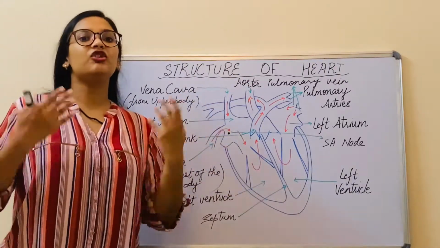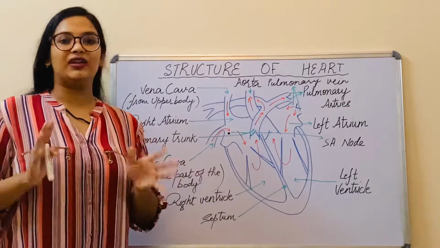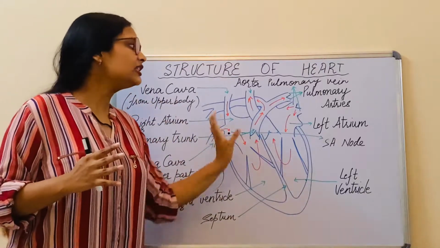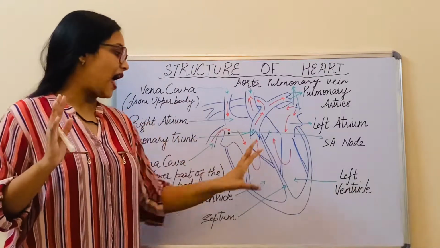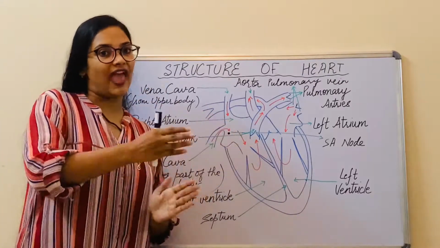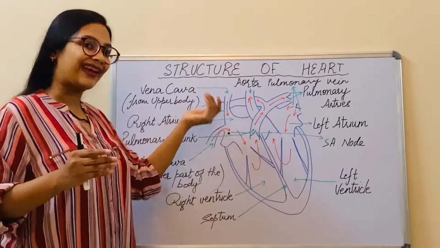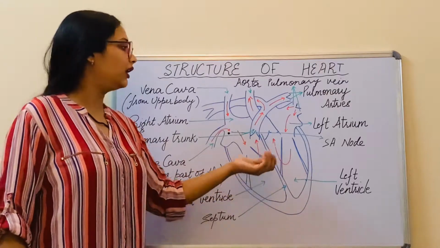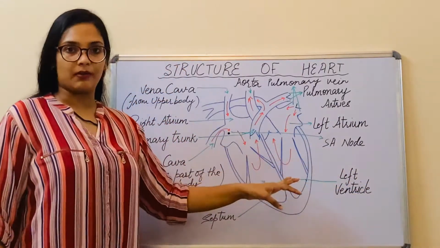So, as we know, the human heart is a 4-chambered muscular organ. So, even though it is only the size of a fist, it has 4 chambers, and the upper chambers are called the atria, and the lower chambers are called the ventricles. Now, the heart is also divided into the left and the right part. Accordingly, we have the right atrium towards the right upper part of the heart, the right ventricle towards the right lower part of the heart, the left atrium towards the left upper part of the heart, and the left ventricle towards the left lower part of the heart.